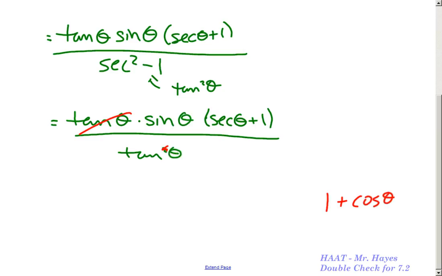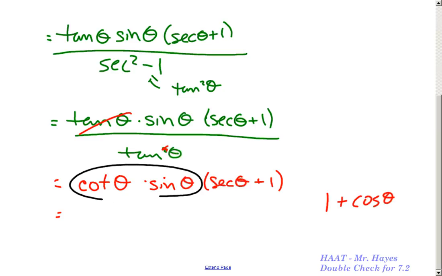What I would probably do next is this, and again, there could be different ways of doing this. This is just the way I'm seeing it. Tangent you can write as cotangent, and the bottom is cotangent at the top, times sine theta times secant theta plus 1. So then I'm going to distribute that out. So then that's going to become